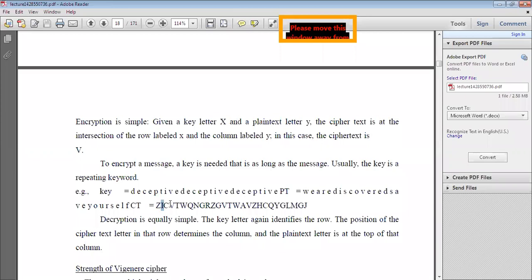The letters you get form the ciphertext values, and finally the ciphertext is generated.